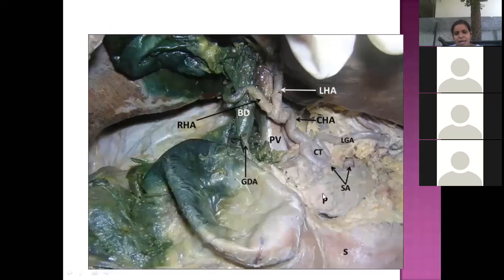Okay, so this is actually the true picture what you see in the dissection hall. So here you are finding the gallbladder. Actually, this is the abdominal aorta. Okay, then we will have the celiac trunk. From here it is coming the celiac trunk. What are the various branches you have from the celiac trunk? This is left gastric, which is moving along the lesser curvature, left gastric artery. Splenic artery will be going inside, running straight. Okay, then this is the common hepatic artery. Common hepatic artery will further go and it forms the proper hepatic. This is left hepatic artery, right hepatic artery. It gives,